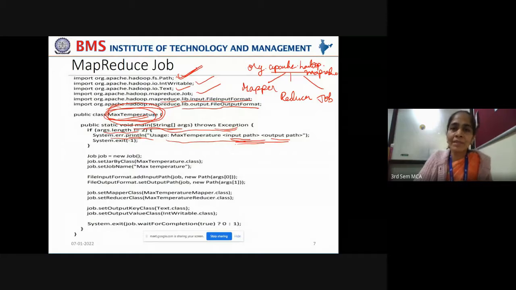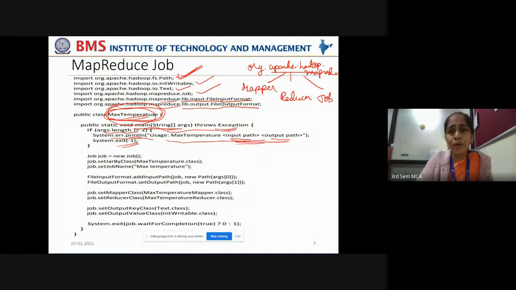This message prompts the user to give the command line arguments in a proper format, and after that exit, because the appropriate number of files are not passed for this map reduce job. It is better to exit this execution and re-execute it again. For that we are giving System.exit(-1).